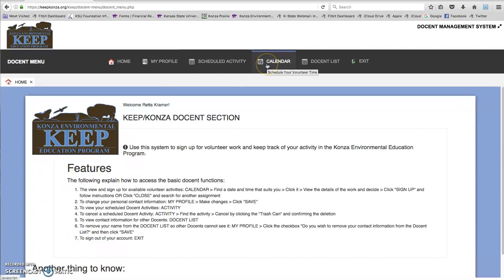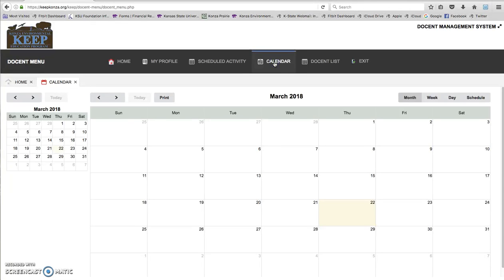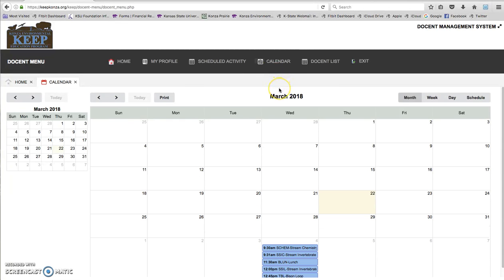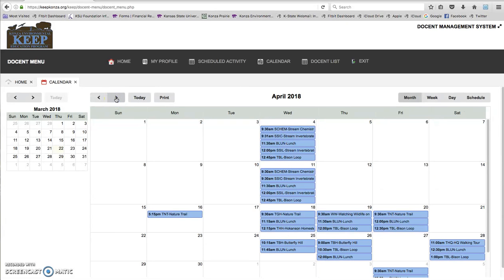Today, like I said, we're going to look at the calendar. So we're going to click the calendar, and that will bring up the current month. So you can see here that we don't have any activities scheduled for March, but that there is one in April. So to move and look through future months, you can use these navigation arrows here. So I'm going to click Next to go to April, and you can see we have several activities on the